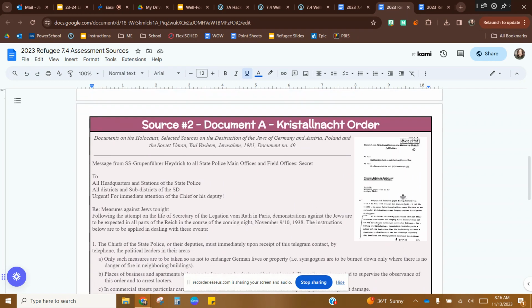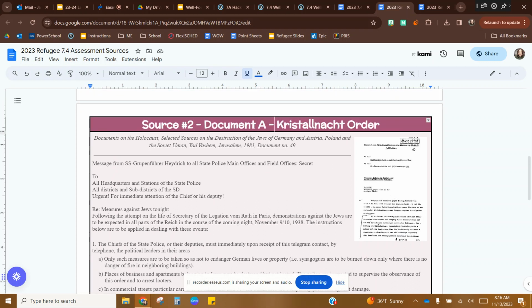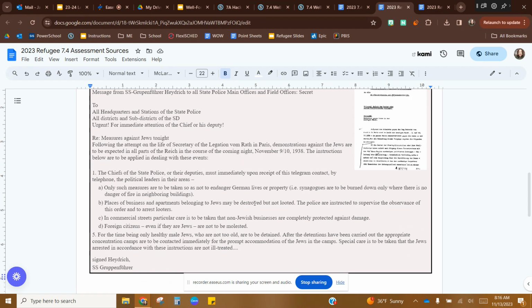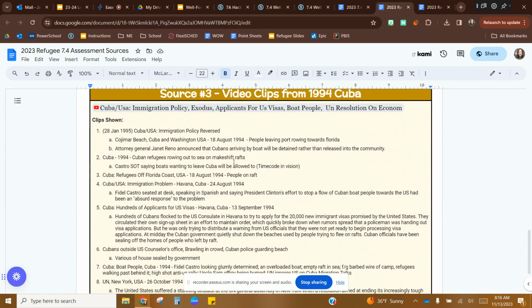Source number 2 is a document. It is from Joseph's character, and it is showing you the order for Kristallnacht, the Night of Broken Glass, and has some information in there about what their orders were as far as what to do with the Jewish people's synagogues and homes and things like that. Source number 3 is a video clip from 1994 in Cuba.